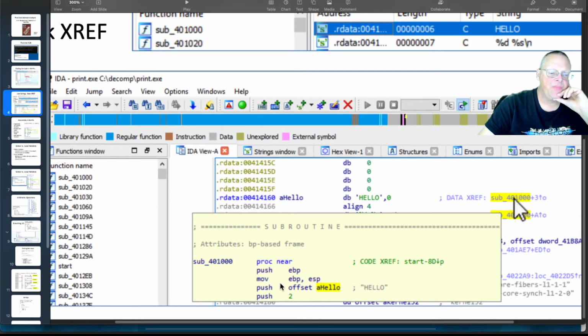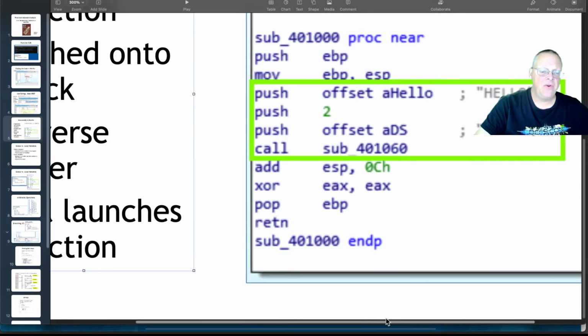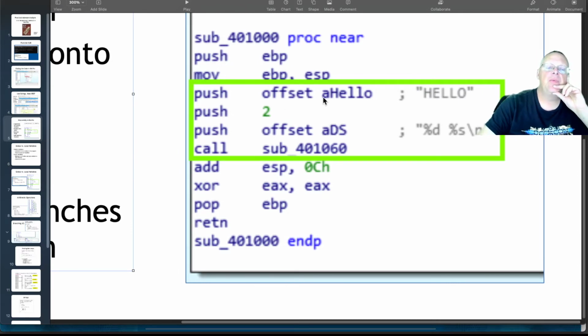So what you do is you push, this is preparing the prologue. And so now it pushes an offset to hello onto the stack, and then it pushes 2. And the next one should show, here's the whole story. This is what the assembly code looks like for a function call. You push a parameter on the stack, you push another parameter on the stack, and another. You put them in reverse order. So the first parameter was the format string, showing you're going to print a decimal and then a string. The next parameter was a number, which goes in a decimal. The third parameter was the pointer to a string, which will then print as a string. So you push the parameters on the stack in reverse order, and then you call the subroutine, and this will eventually call the